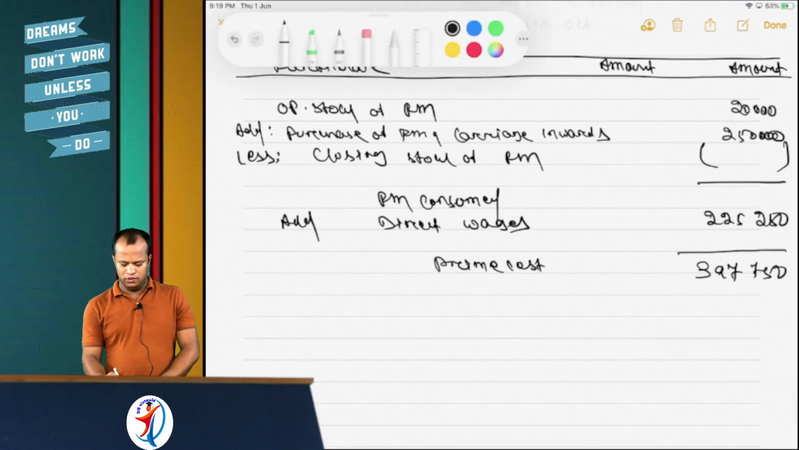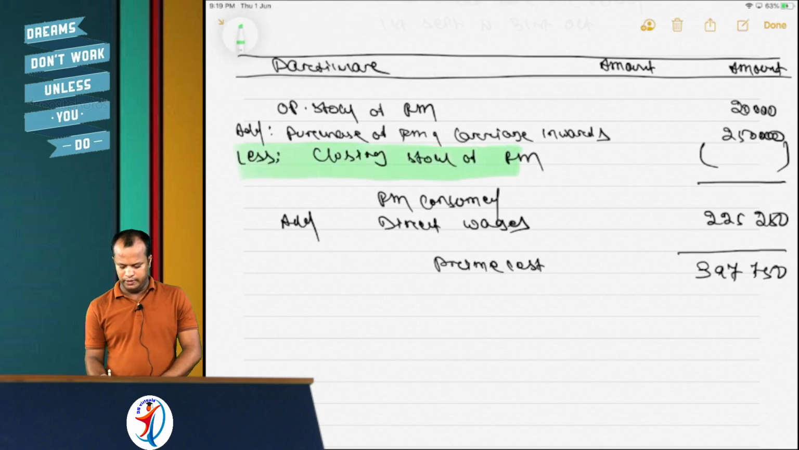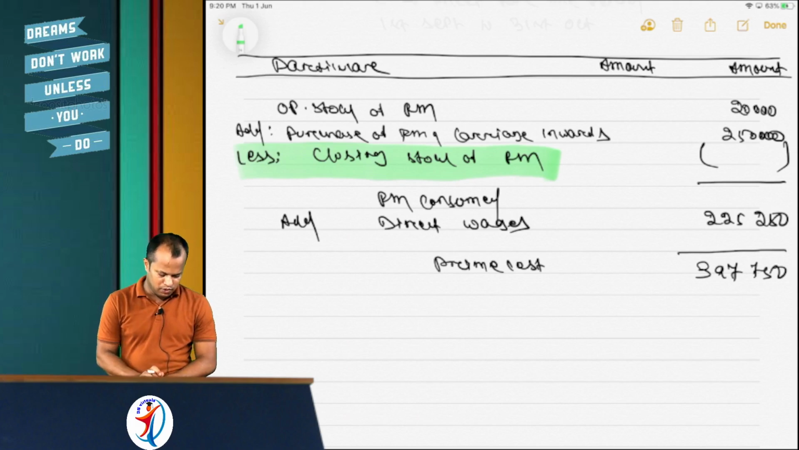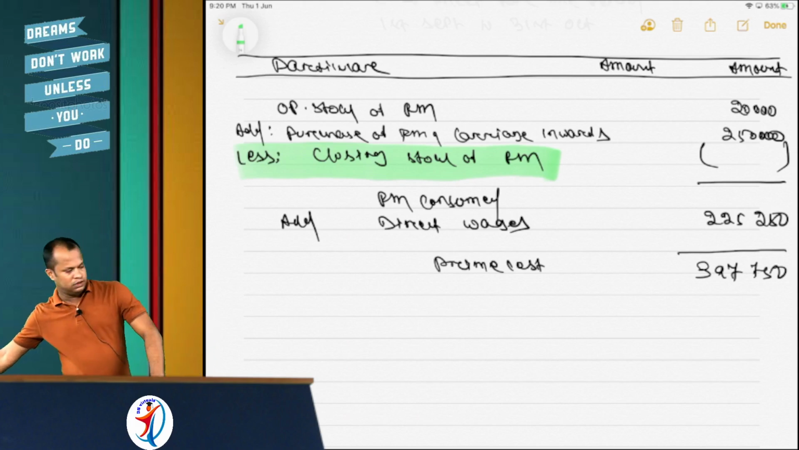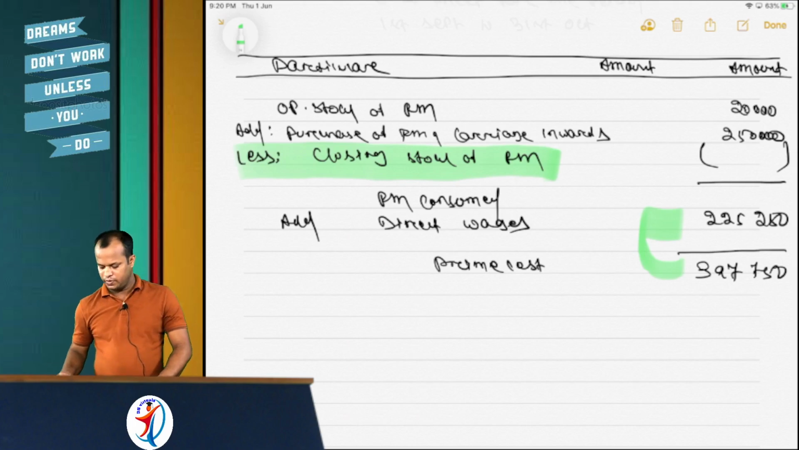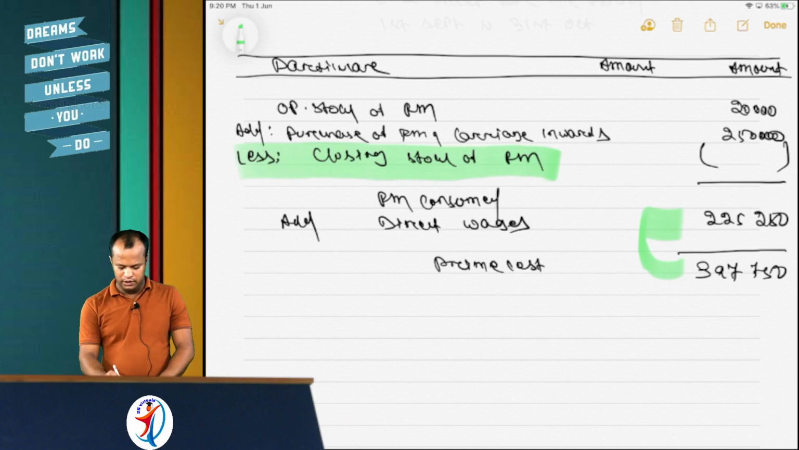Now closing stock of raw material can be found out by reverse working. So 3,97,500 minus 2,25,250. 397,750, sorry, I am so sorry. 397,750 minus 225,250. The result will be